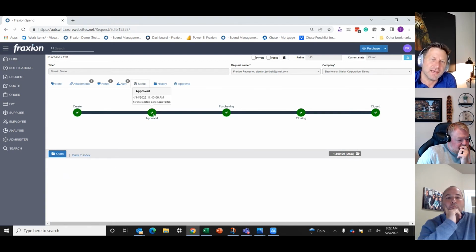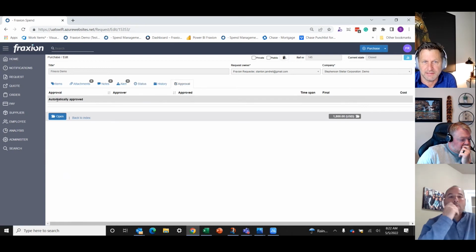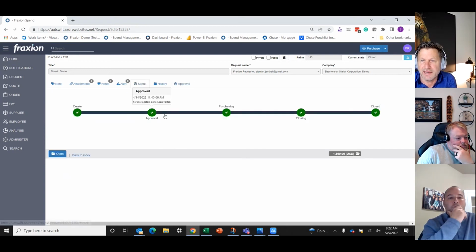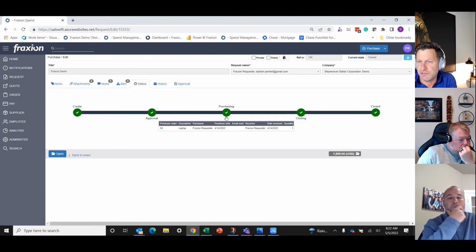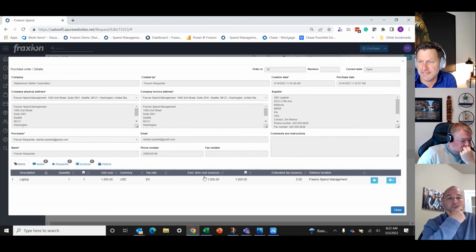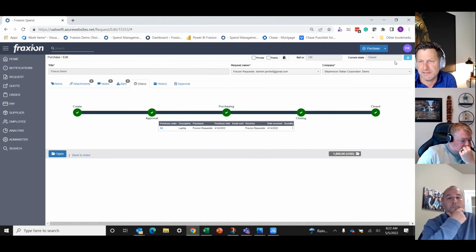We tell them when it's been submitted for approval and to whom it's gone for approval. In this case, it's already been approved, and we can see the audit trail around the approval here. In this case, it was automatic approval. We can see that it's been purchased, and when it was purchased, we can see the purchase order number if we wish, and we can drill down into the purchase order to see the details associated with that particular request. We can see when it was received, and we can see that it's been closed out as this